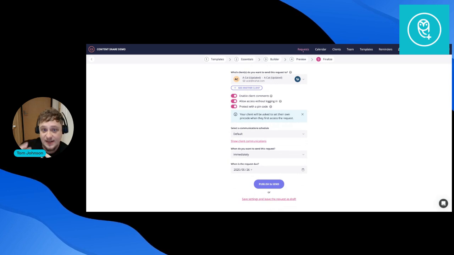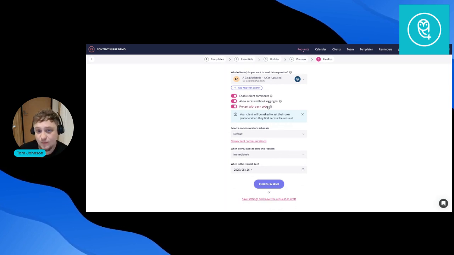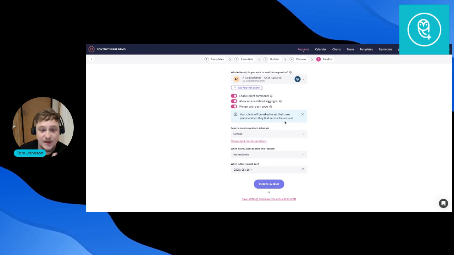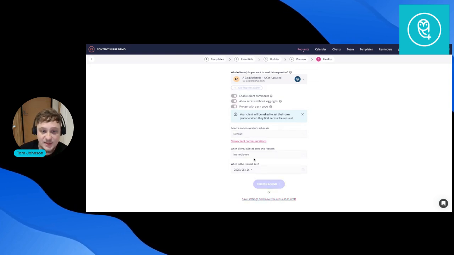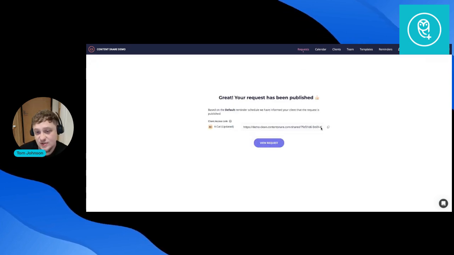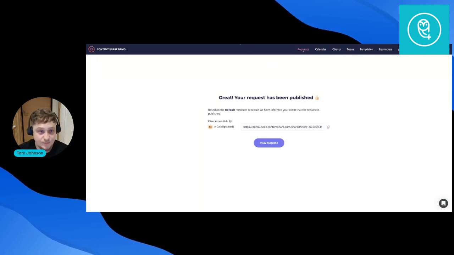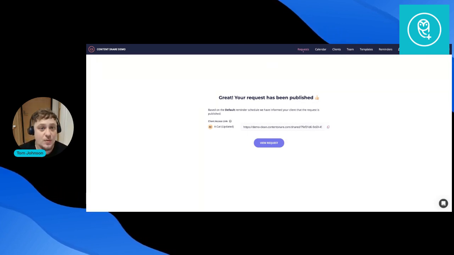What happens is the client gets a link. They can create a 4-digit PIN code. Every time they access that link, they enter that 4-digit PIN code and away they start going. So we publish and send. It's got the communication schedule. It's got a deadline. And then what will happen is, I'm just going to quickly show you what the client